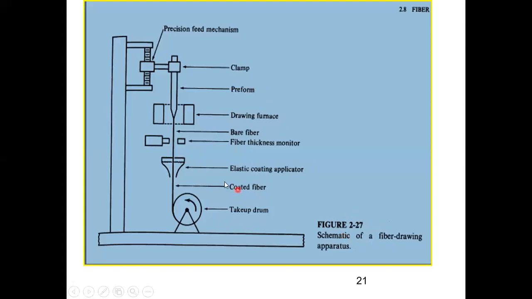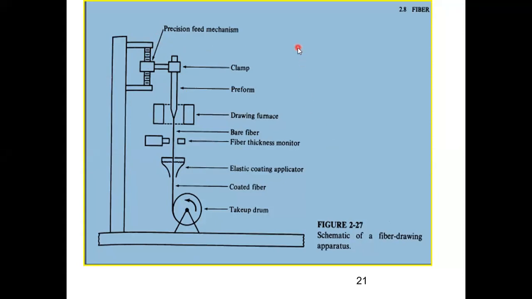So this is the fiber drawing tower in the simplest diagram, and this is from the book of Keiser. In Keiser you have 2 reference books, and this is from the simplest one. This diagram you will be drawing whether they ask you MCVD or the WAD technique. Now let us understand what this diagram is doing. This is the rod or the preform that I have fabricated using any of the techniques. So I have this rod, and I clamp it, because I cannot hold it. In the drawing tower, there is a big kind of tower.